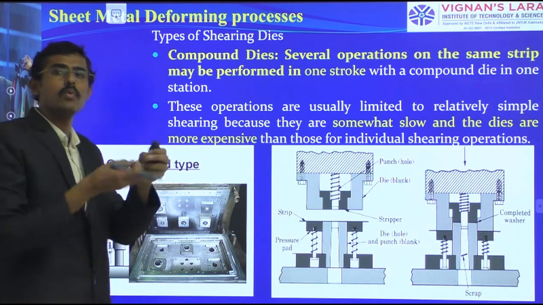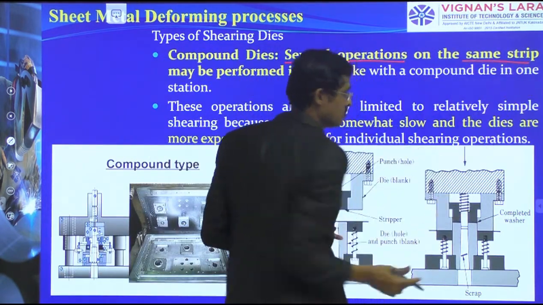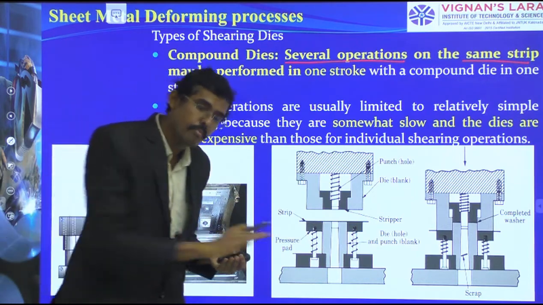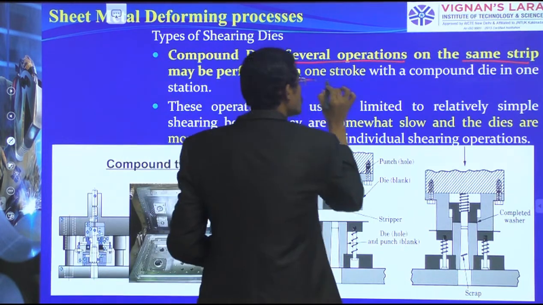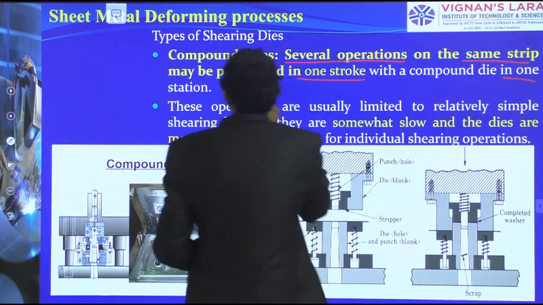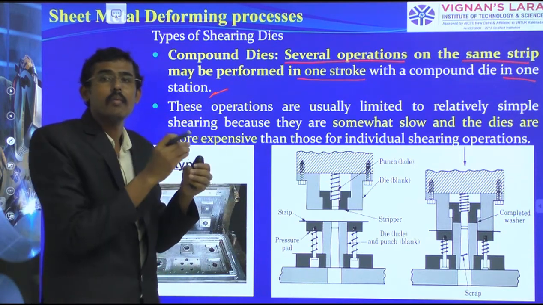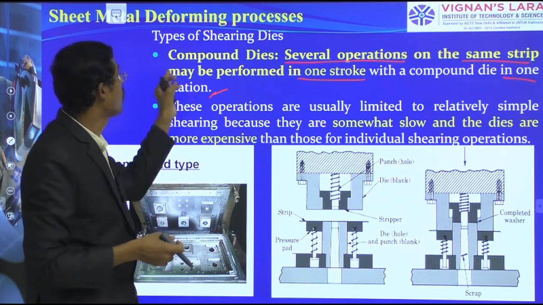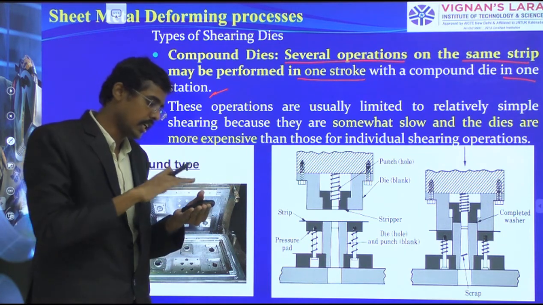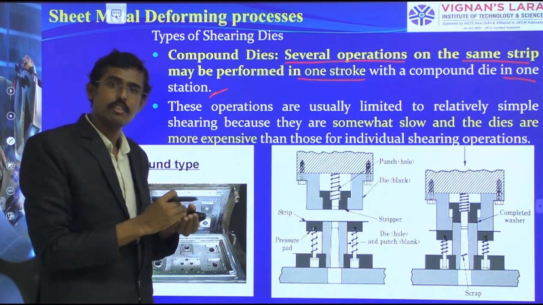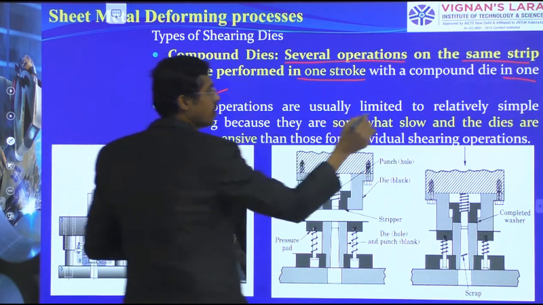Next I am coming to the compound die. Several operations to be done on the same strip, on the same sheet, are performed in 1 stroke with the compound die in 1 station. This is also 1 stroke, 1 station, but multiple operations one after the other. In a compound die, one process has been done, a blanking has been done, then the blanked sheet is kept inside again, and we are punching for making the cup drawing operations. These operations are usually limited to relatively simple